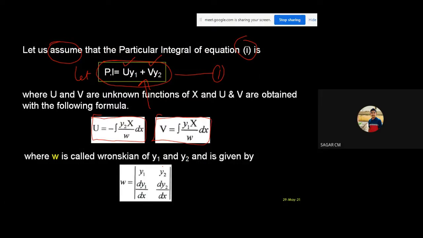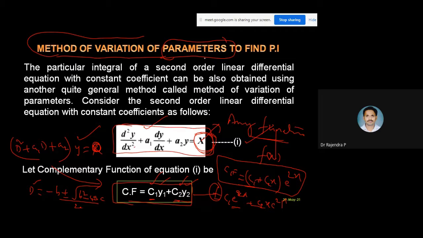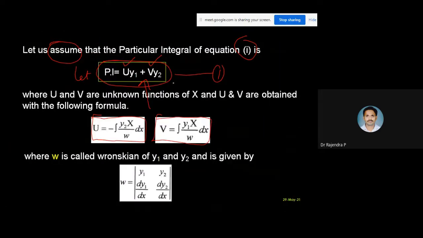Yes, sir. So here what I am telling you, whatever parameters I change, C1 and C2 as u and v, I need to find those two parameters, two unknown functions. If I find them and substitute there, I get my answer. It's very clear, right? So you have to remember, otherwise, with practice, you are able to remember these two formulas. What are those?